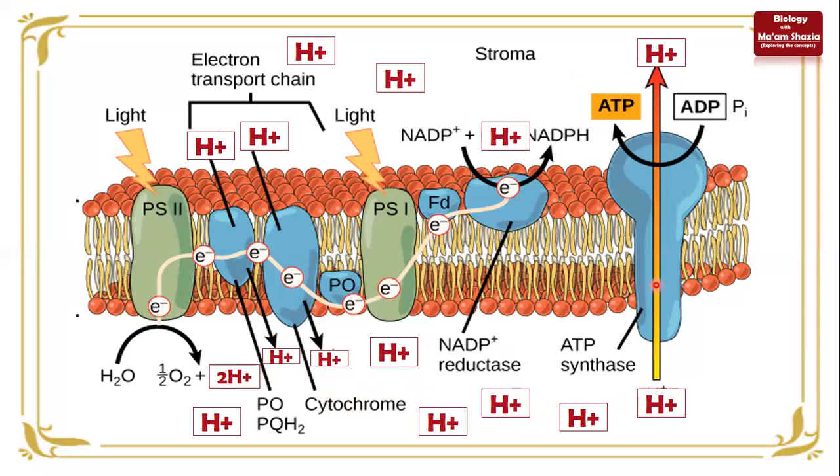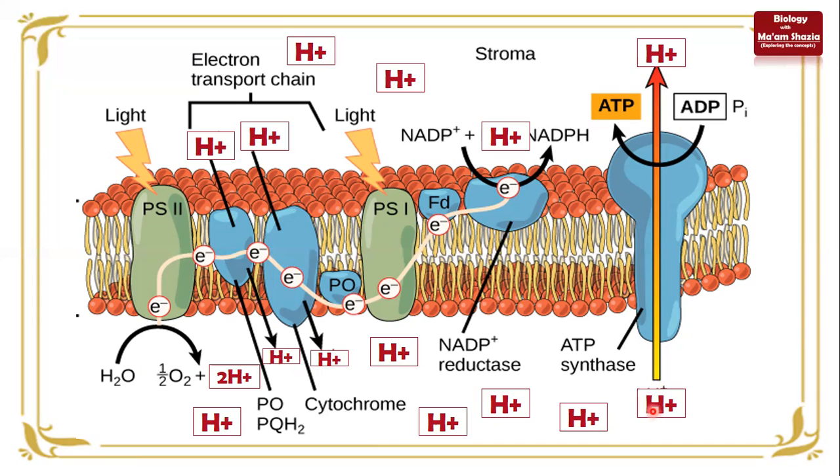It's a passive movement, right? It does not require any energy. That's why we call it osmosis, because osmosis is a passive movement from higher concentration to lower concentration involving a membrane. So hydrogen will move through this channel protein, and the energy stored inside the